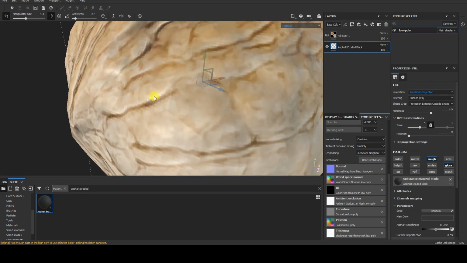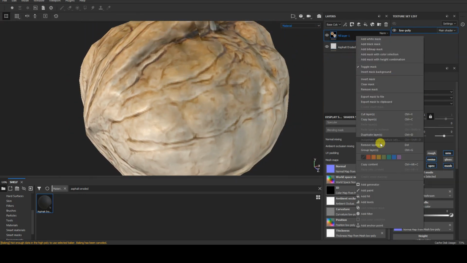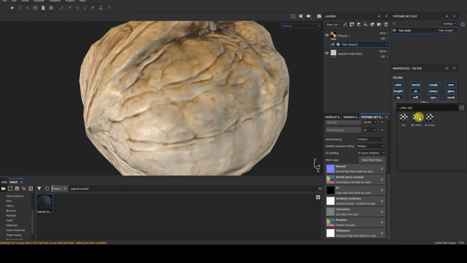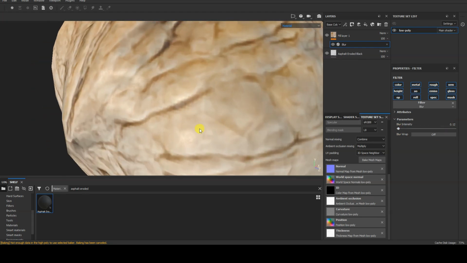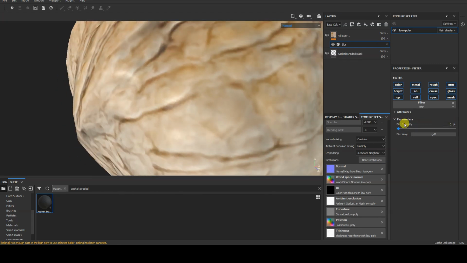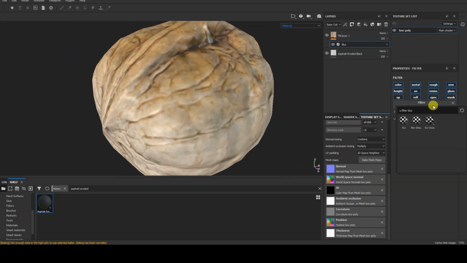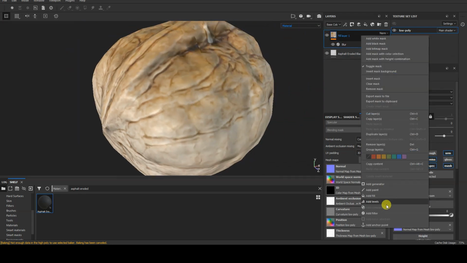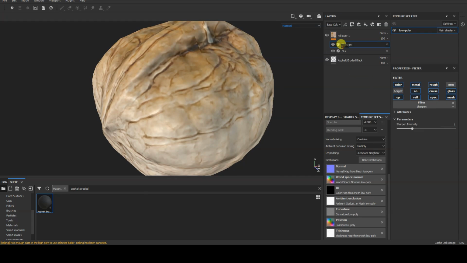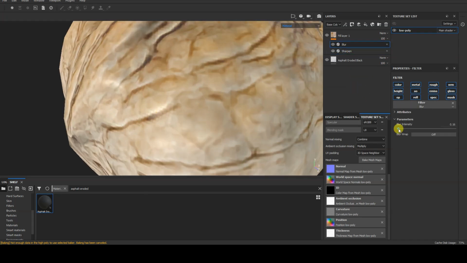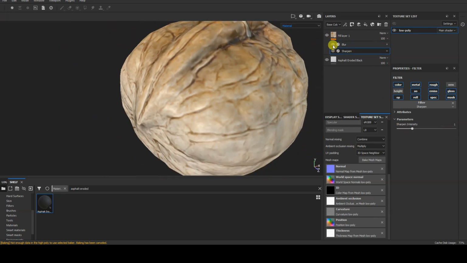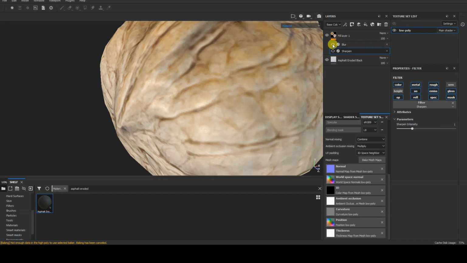As you have probably noticed, the base color texture has an unpleasant pixelated effect in several areas. This is due to the entire image processing pipeline, starting with the fact that the images were initially captured in JPG format using a smartphone, then assembled and processed in Meshroom. A quick and dirty solution is to apply a blur filter to the fill layer created at the beginning of the tutorial, followed by a sharpen filter. The best approach would have been to use higher quality images, but we have to work with what we've got.